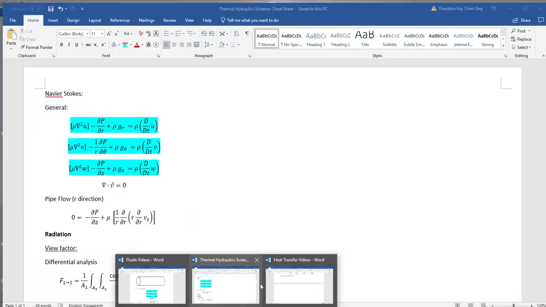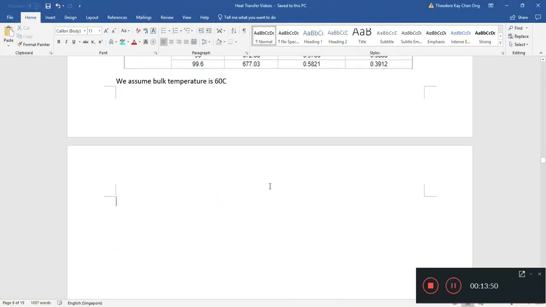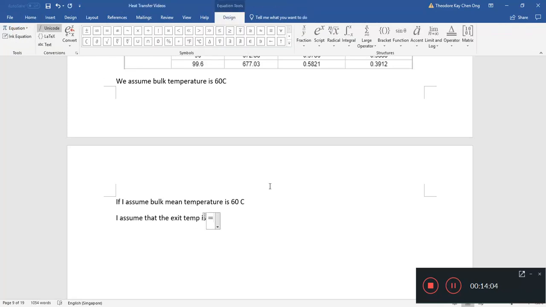So if I assume the bulk mean temperature is 60 degrees C, then 60 equals T in plus T exit over 2. That means my T exit is